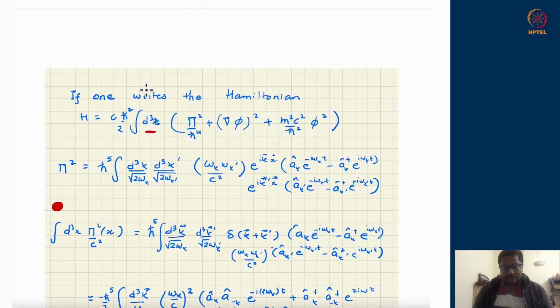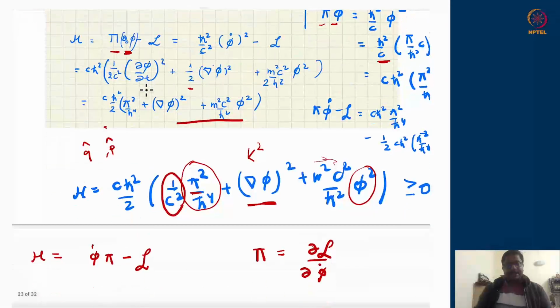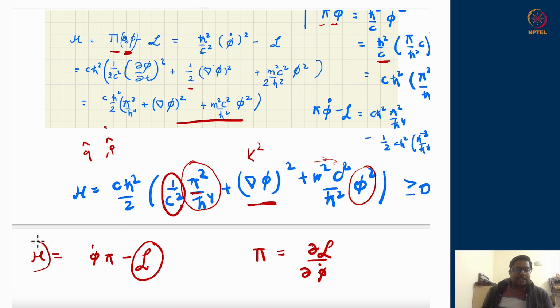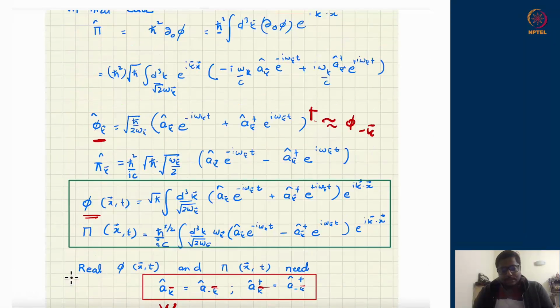So first let me elaborate one more point over here. When we were writing this, remember this h was obtainable from the Lagrangian density. This was not the full Lagrangian, as we had discussed in the previous classes. This is rather the Lagrangian density. So therefore, after the Legendre transformation, what I am getting here is the Hamiltonian density, not the full Hamiltonian. Dimension-wise, they should be the same thing. So the Lagrangian density needs to be integrated over d3x to obtain the Lagrangian. Similarly, this Hamiltonian density needs to be integrated with respect to d3x in order to get the total Hamiltonian.